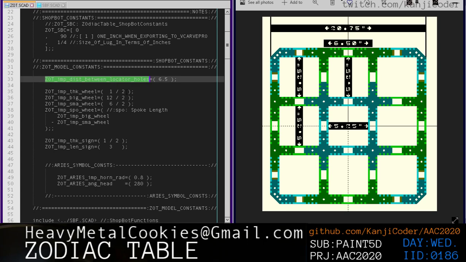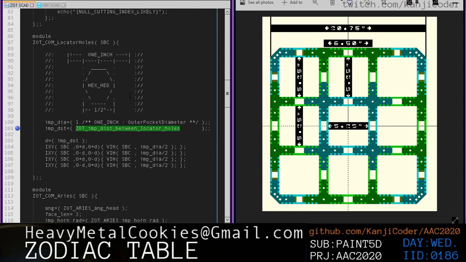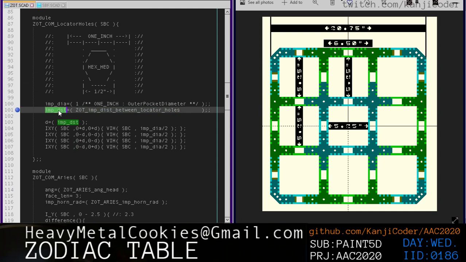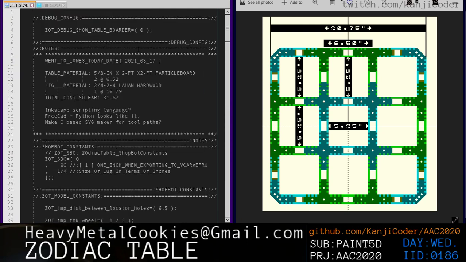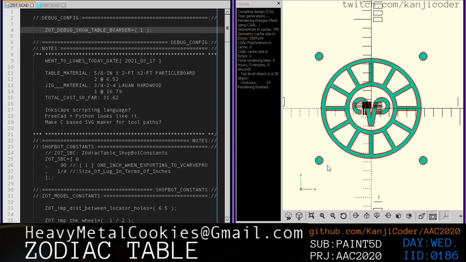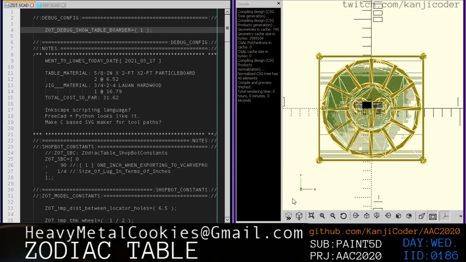So, imperial distance between locator holes. Okay, cool. Imperial distance between locator holes. And D is this distance. That just doesn't seem right at all, right? Does it? Right, let's also debug. Let's also put in our debug show the border thingy, right? Because now I'm like, whoa, what the heck, right? So yeah, it's hitting the